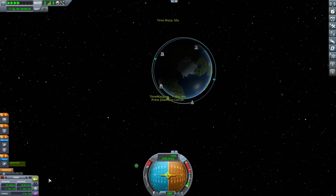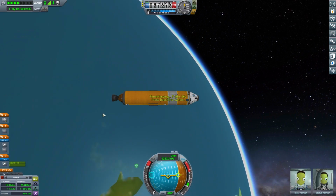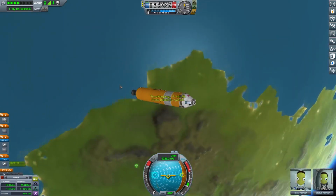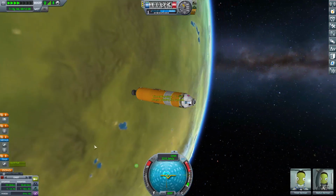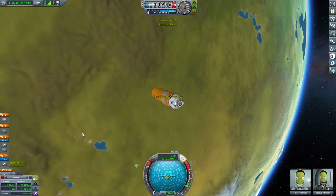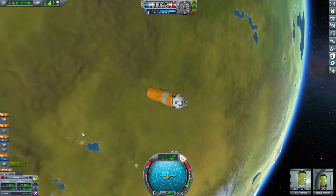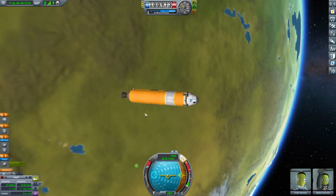There we go. And we're just going to bump up that periapsis so it's to where we want, and then we'll do a burn, just to bring it into a nice-ish orbit after that, because our periapsis is still technically in the atmosphere. All right, so you spin this round. We're going to do a tiny little thrust. In fact, you know what? We're going to